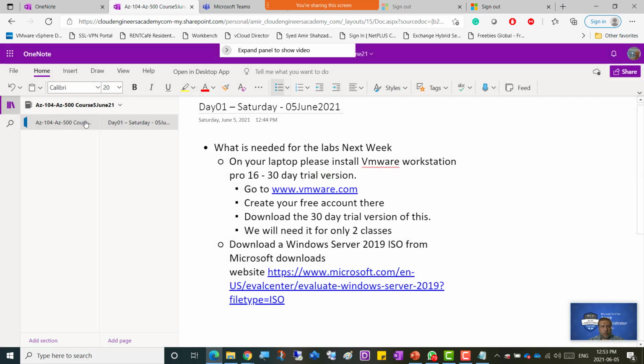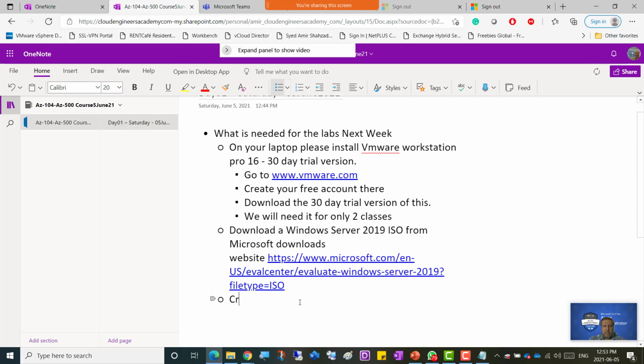What you're looking for is the course name, AZ-104 Administrator and AZ-500 Security course, a 2-in-1 course. If you see that, after that you should be able to see the download of Windows Server 2019. So this is what you need for next week: Windows Server 2019, and then create a free account in Azure. That's going to be a free trial account you should be creating, or